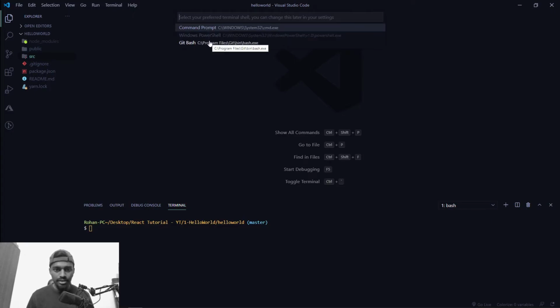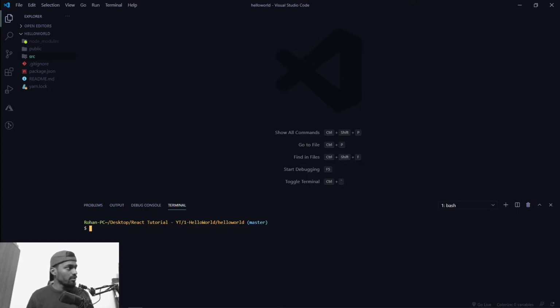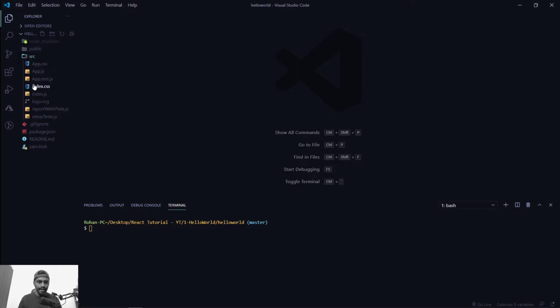For us, the default terminal is Git Bash, so we'll be using Git Bash. That's it. So we have our Git Bash. If you do ls, it will run every command that we can run in the terminal. Let me make the text a bit smaller so you can see the screen better. That's fine. Okay, so what you can do is go to this source folder and see there is